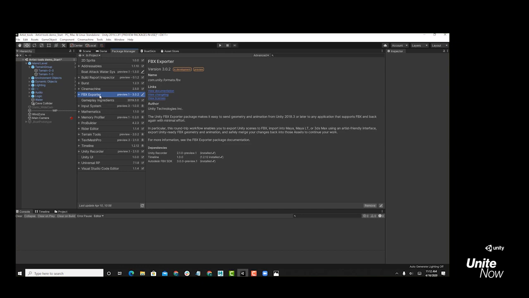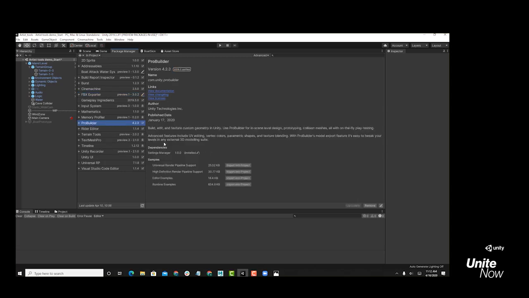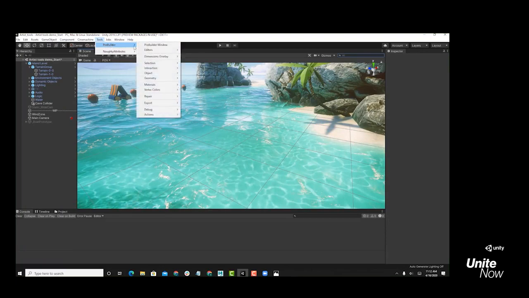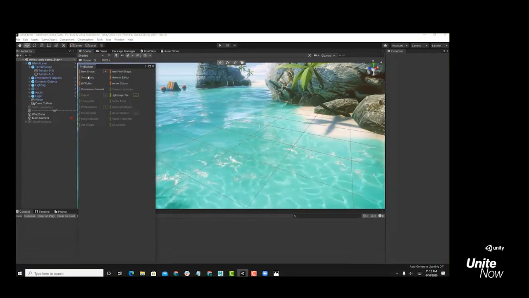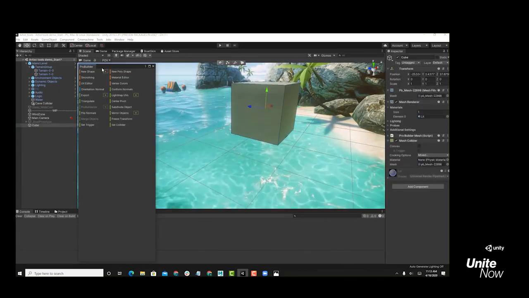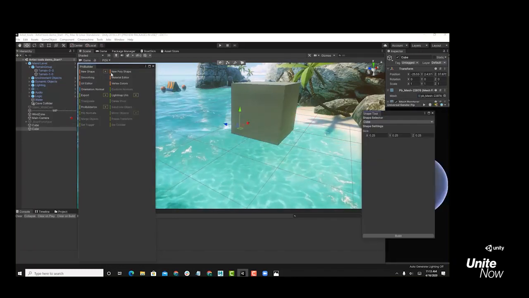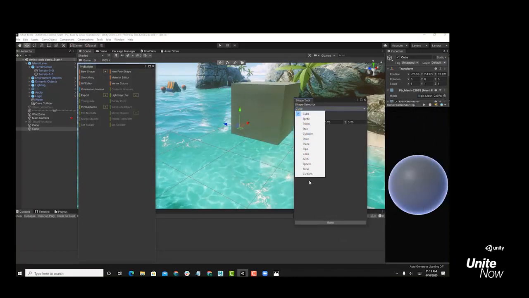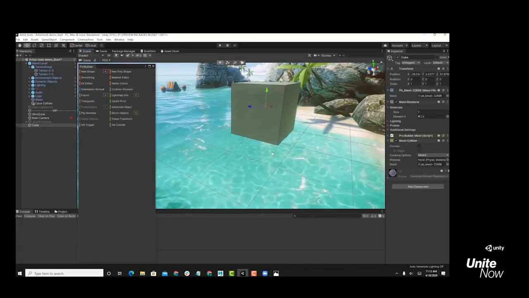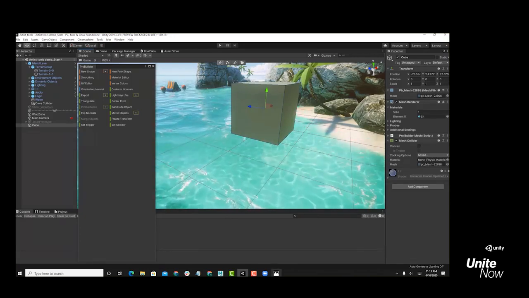And for this talk, we're going to be relying on the FBX exporter. We are going to be relying on ProBuilder, which is what we're using currently, Timeline, and Cinemachine, to mention a few. So back into our scene view, I'm going to come over here to Tools, ProBuilder, and we're going to open the window. And right off the bat, I'm just going to create a shape. So it starts out with a cube. You could actually go to the little plus icon here, and you can select a variety of different objects to start out with. I'm just going to start out with a cube because I have already researched and done a ton of